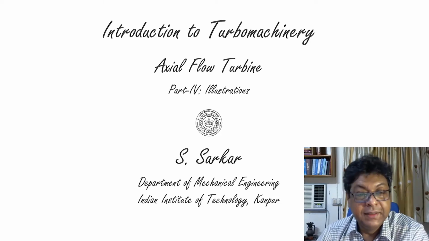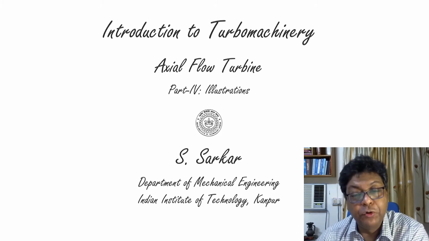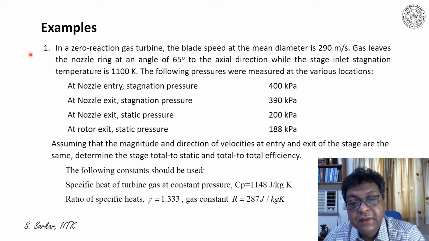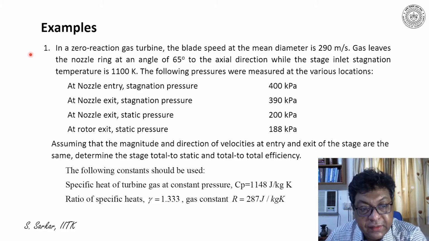Good morning. Here I'll solve a problem illustrating axial flow turbine. The statement of the problem is, in a zero reaction gas turbine, that is in an impulse turbine, the blade speed at the mean diameter is 290 meters per second. Gas leaves the nozzle ring at an angle of 65 degrees to the axial direction, while the stage stagnation temperature